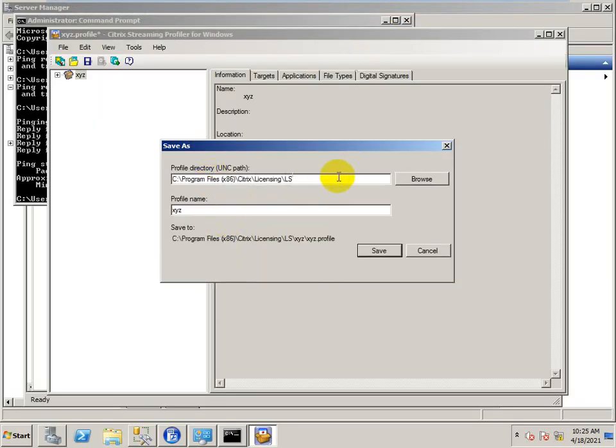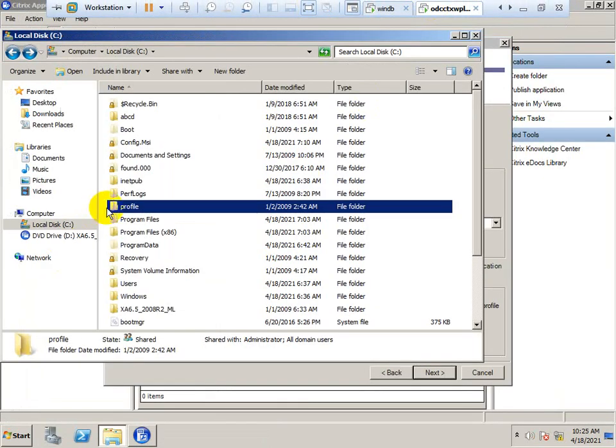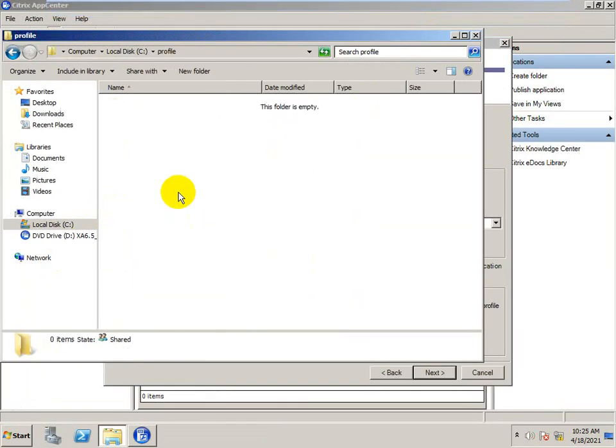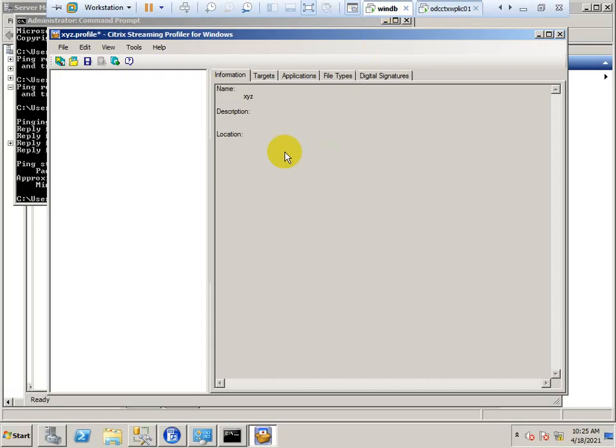I will paste it, and save. So it should be saved here. If it's not accessible from this server, it will throw an error.